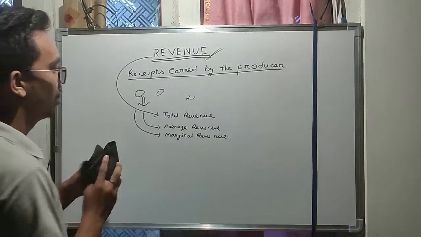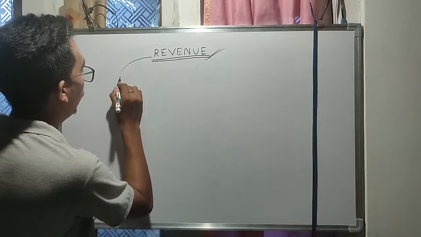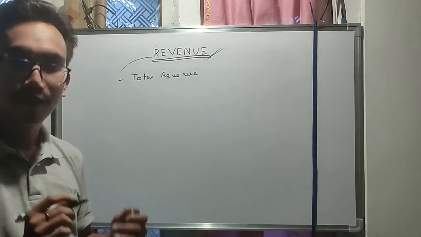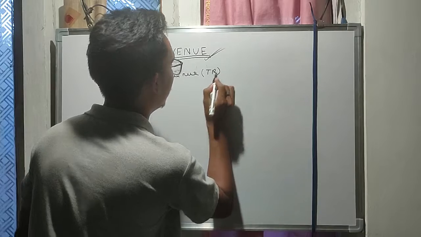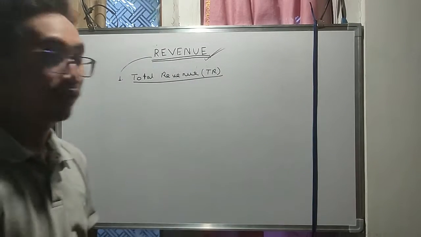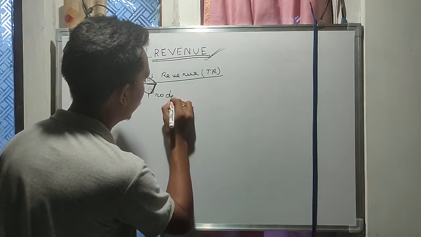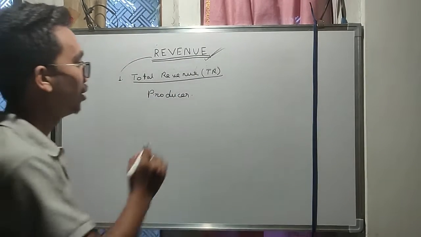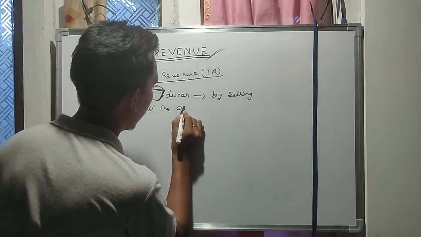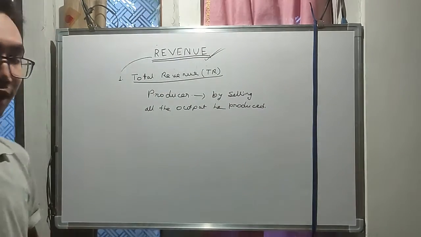The definition of total revenue. Total revenue, generally written as TR. Total revenue is that revenue where the producer gets the receipts by selling all the output he produces. Let's assume that